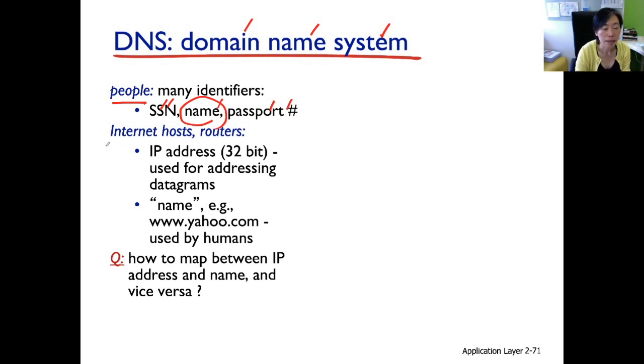Well, to identify a machine on the internet shows a similar obstacle. So hosts and routers, many of them have IP addresses, right? But these IP addresses are even harder to memorize, maybe harder than the passports. And as you're working on the PAs, right, memorizing the IP address of the workstation, super hard. Even though you've already worked on it for a while, if I ask you to type it up, it's probably still challenging. So what we do here on the internet is to give some of the important machines also a name. For example,